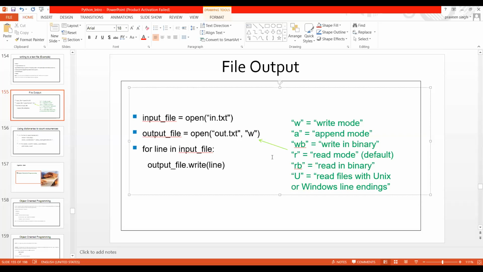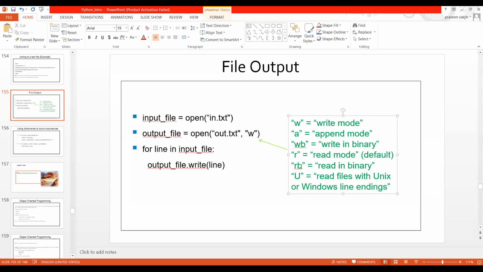Okay. Have you guys done anything on WB? Did you learn this? I haven't taught you this. Now, what is WB? WB comes in when you want to write in binary. Generally we don't do that, but if something happened and you wanted to write back in binary, then we have to apply the WB access mode.